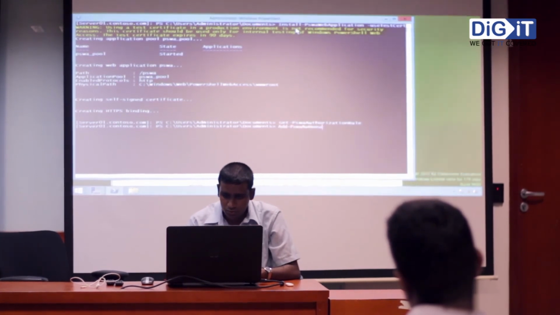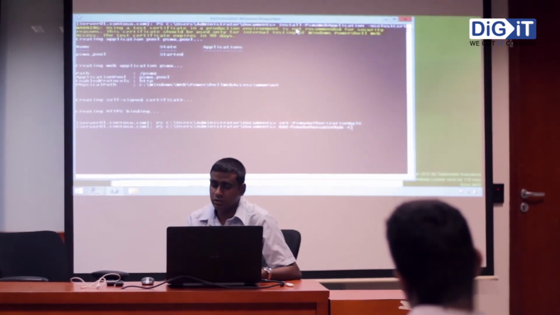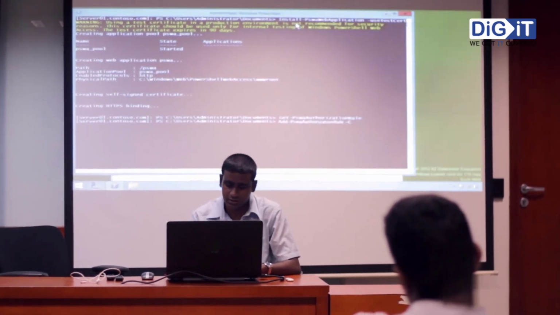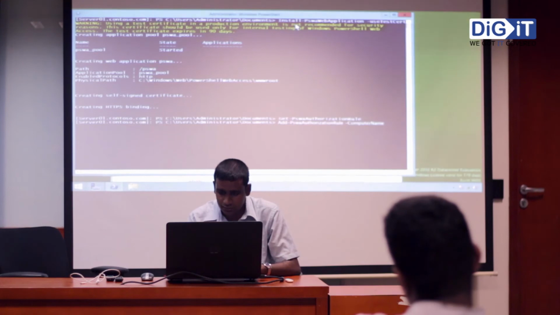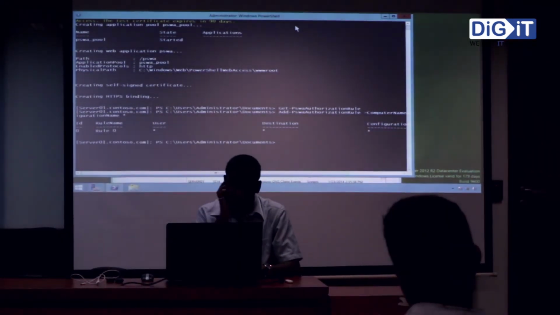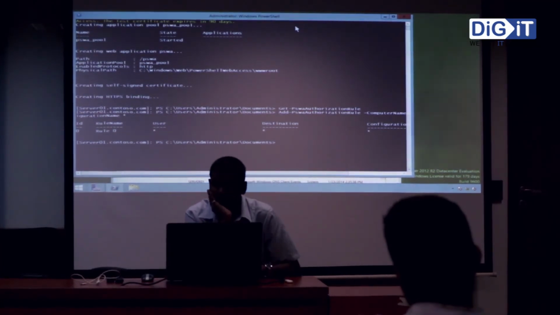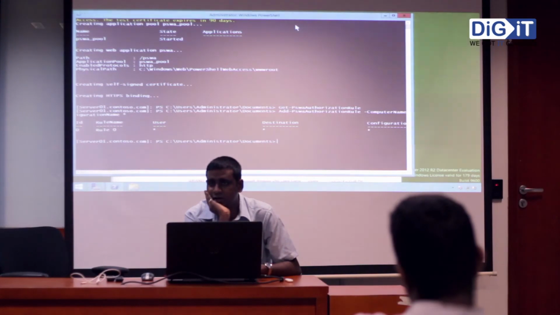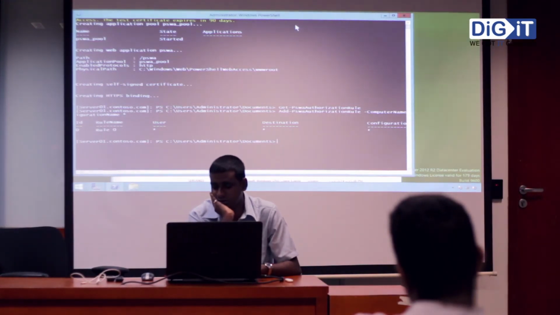Now I have typed Get-PswaAuthorizationRule. There are no authorization rules currently. So I'm going to add one. In this case, I have specified that every user can log into any destination. You can customize that depending on your requirement. You can just search on the internet for how to add an authorization rule.